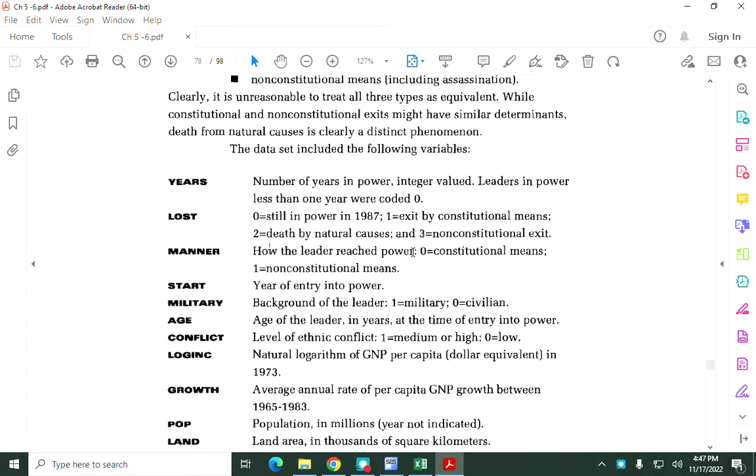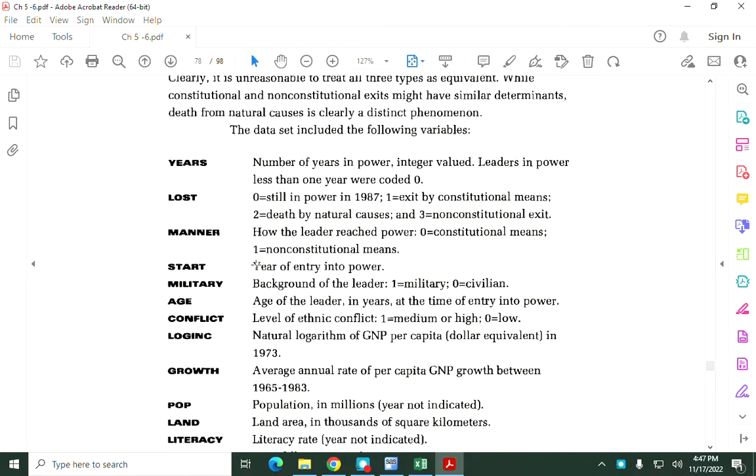All right? So violence begets violence, right? Year of entry into power. How long is it since the start? Background. Military leader versus civilian leader. How likely do you think